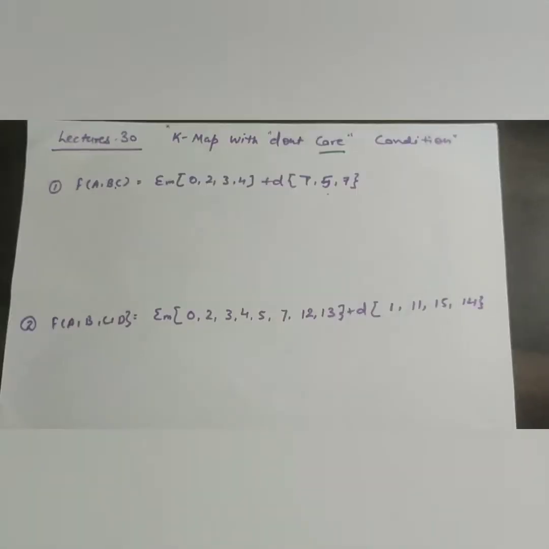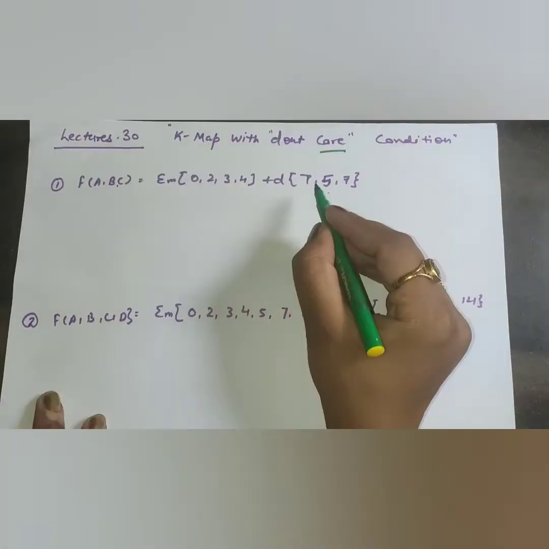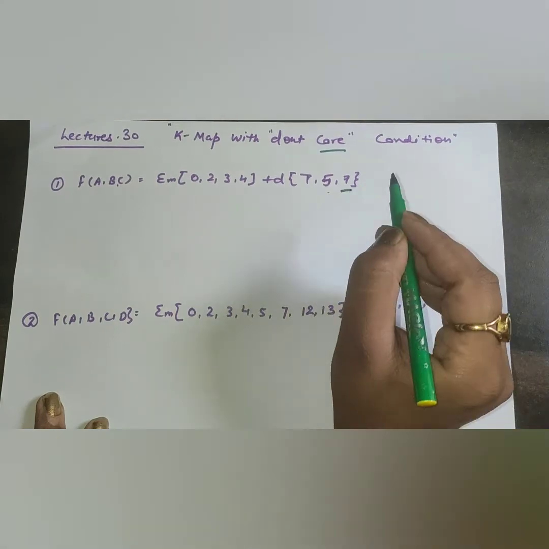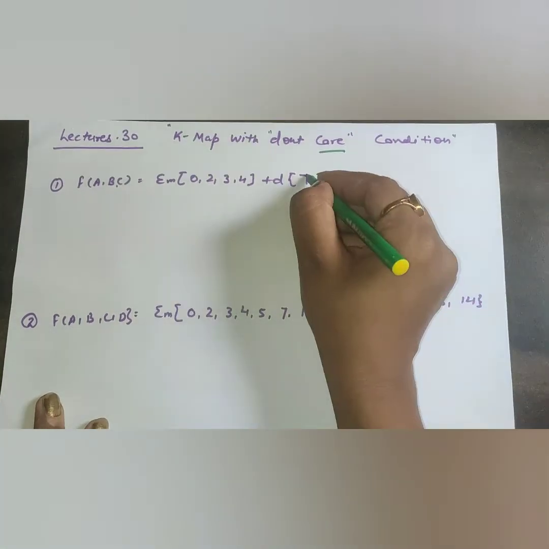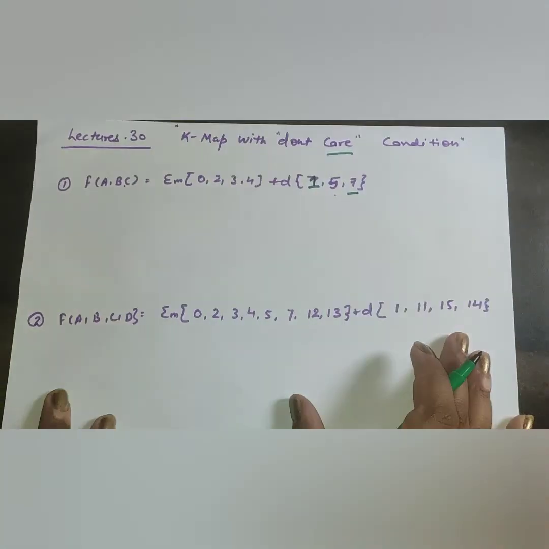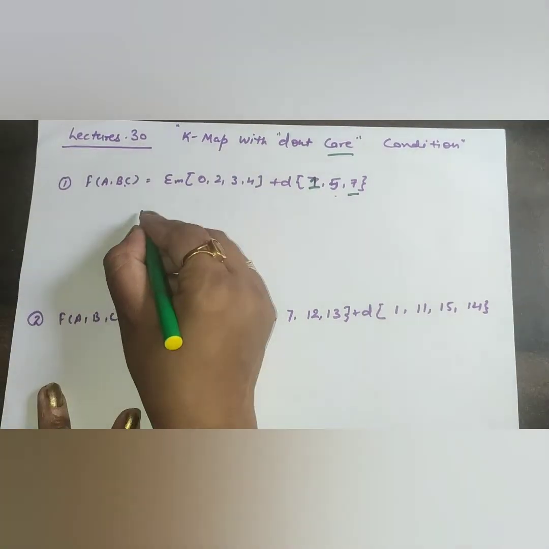My another topic in K-MAP is K-MAP with don't care condition. I will talk about don't care condition. Don't care condition is simply a condition which can be used for the grouping but cannot be cared for as much as other variables. Now we will talk about the three variable K-MAP here.